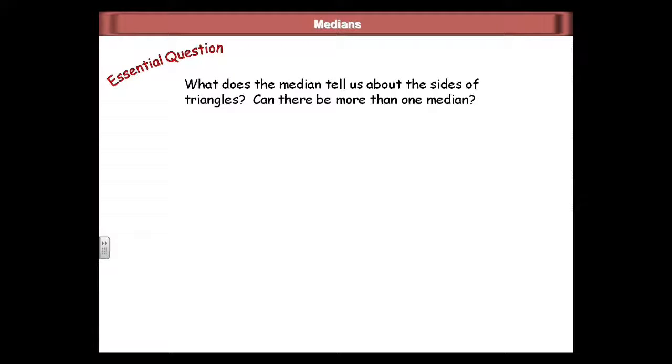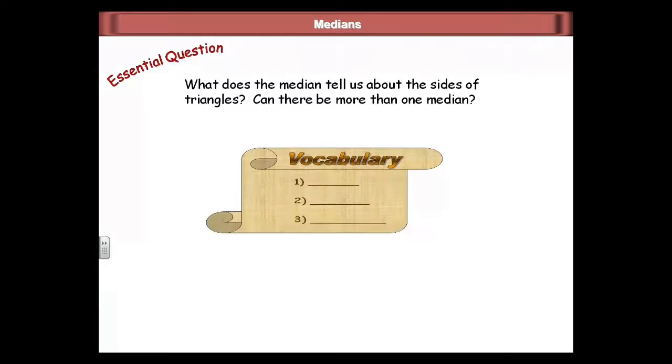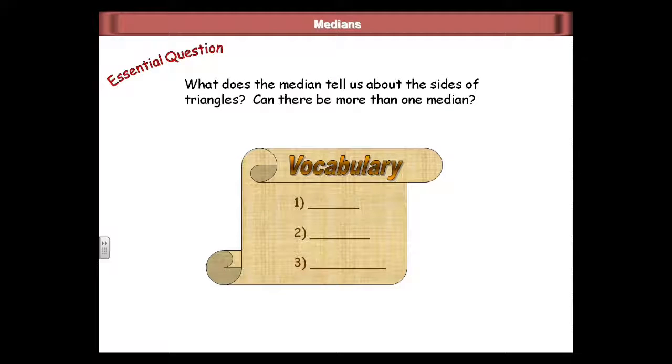These are some of the notes for Chapter 5. What does the median tell us about the sides of triangles, and can there be more than one median? Some of the vocabulary words we're going to be talking about in this section are the median, the centroid, and